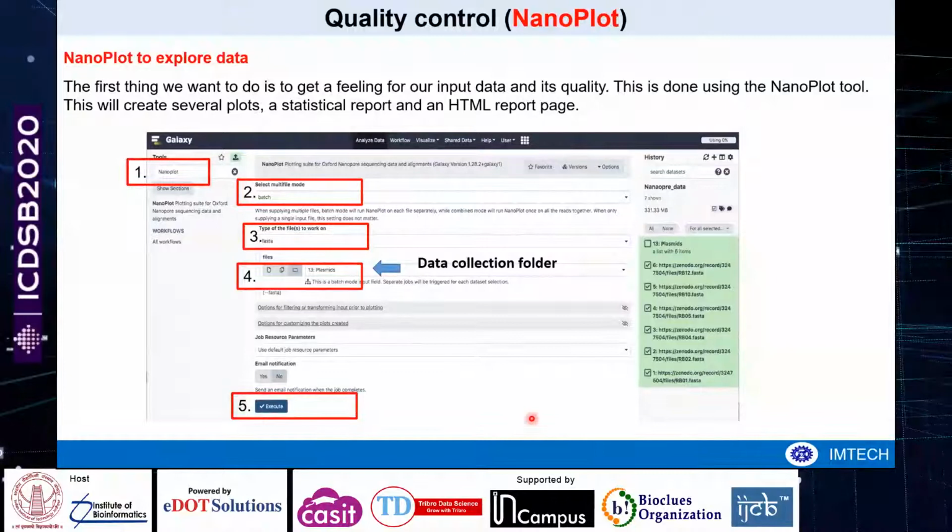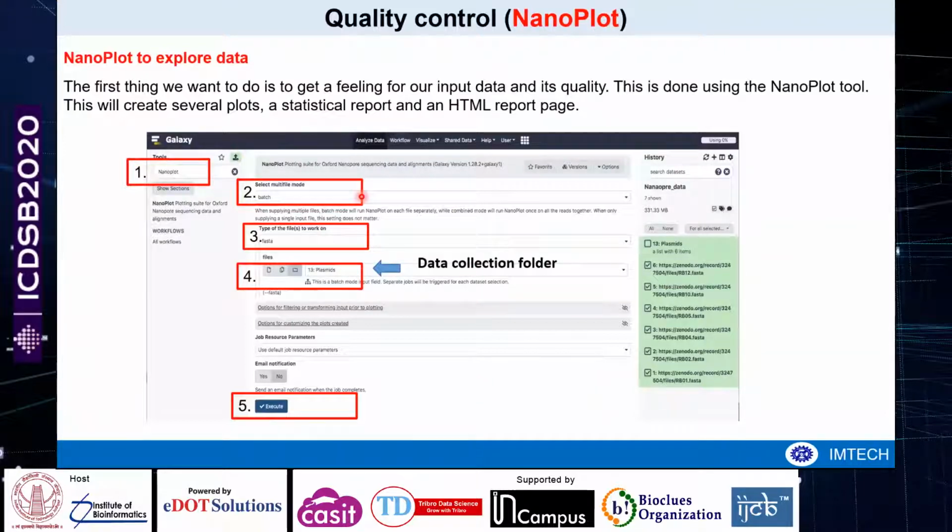Now, the first thing we want to do is to get a feeling for our input data and its quality. This is done using the NanoPlot tool, which gives you multiple HTML reports, such as what your read length is. For this, you have to go to the tool panel and type the name NanoPlot, then it will give you this particular window.